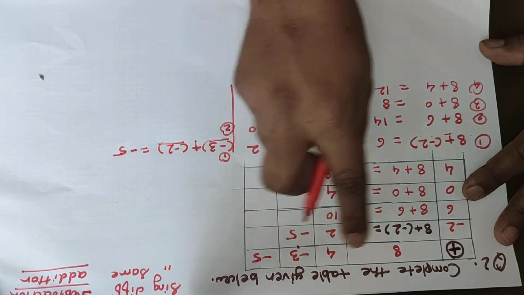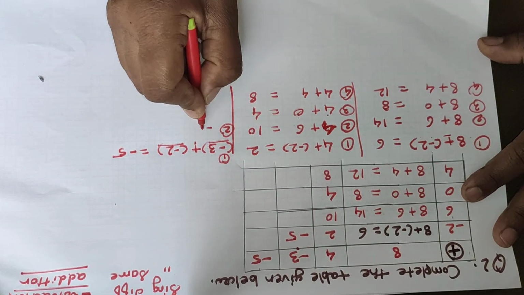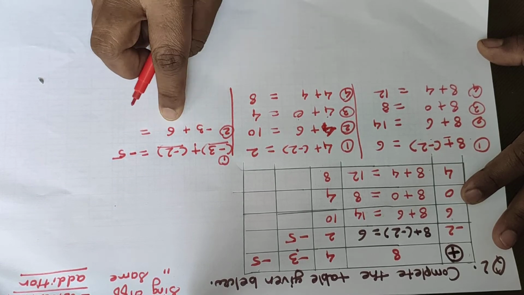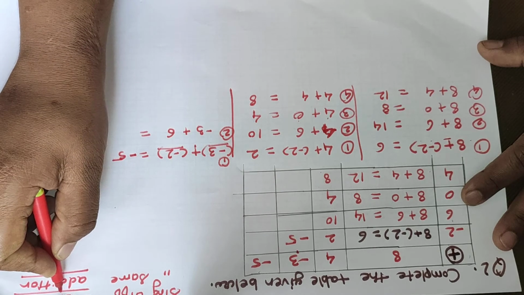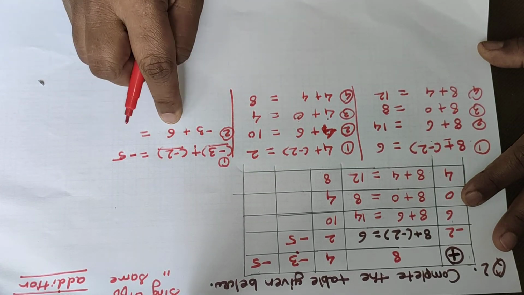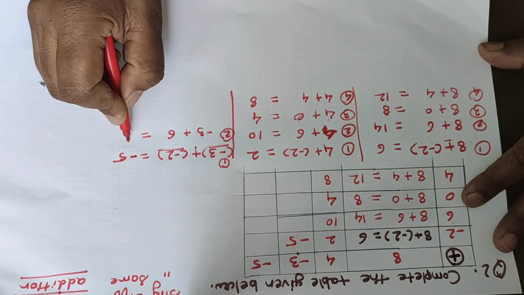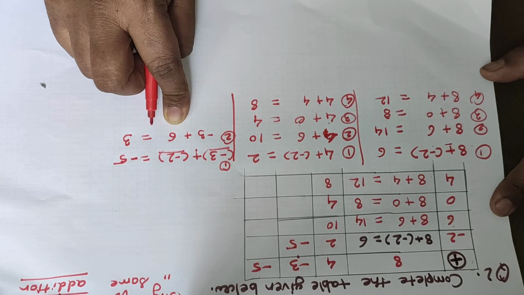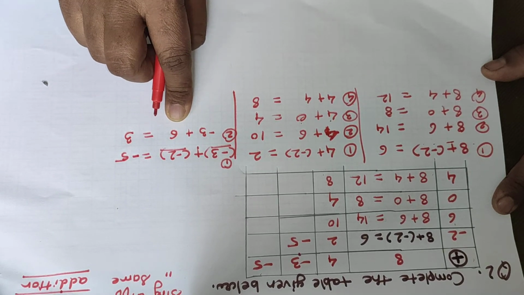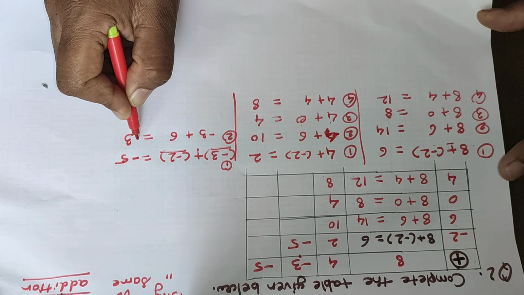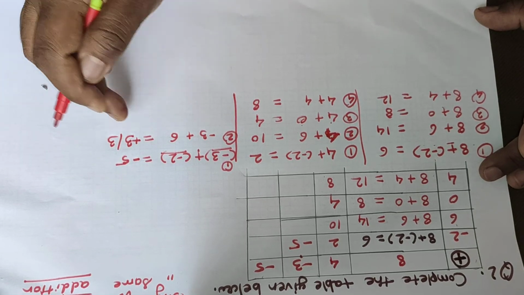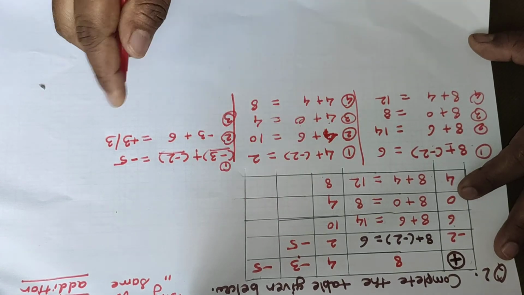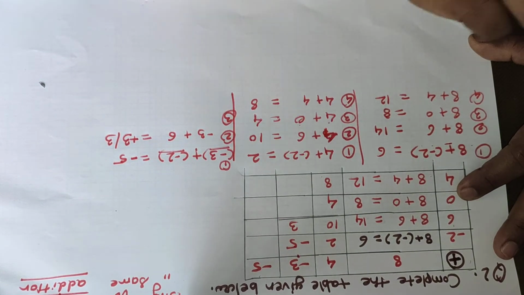Second, minus 3 plus 6. So here write minus 3 plus 6. Signs are different, negative and positive. We have to do the subtraction. So my bigger number is 6. 6 minus 3 is 3, and the sign is the bigger number's, and the bigger number is 6. So its sign is positive. So this is plus 3, right, otherwise only 3, right. Both answers are correct. Now we will see the third example. Here the answer is 3 or plus 3.